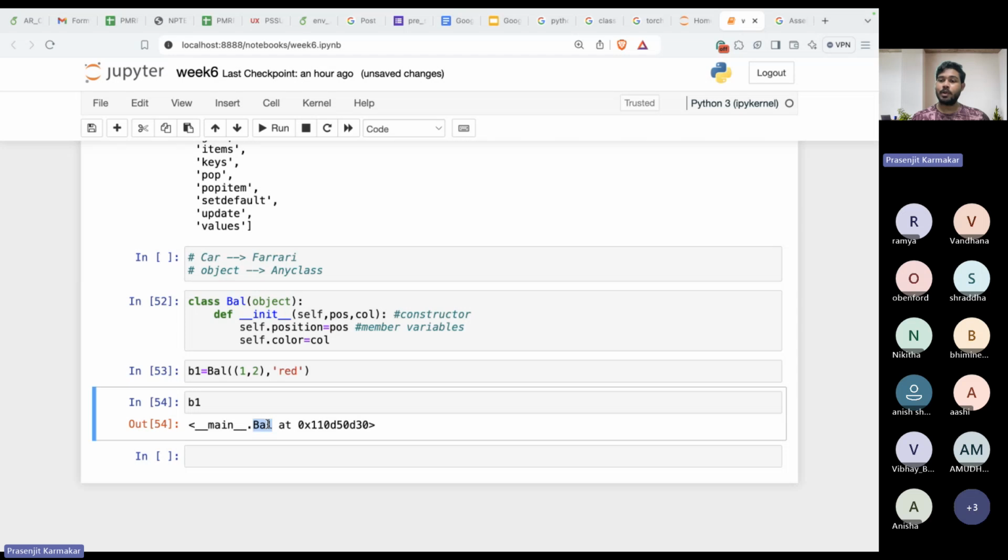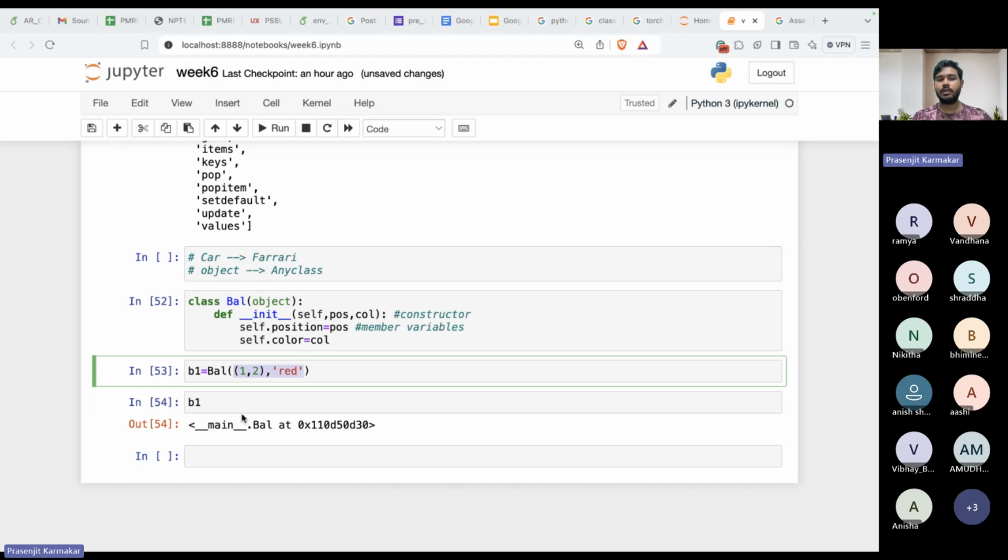So b1 is a ball type variable which is there in a memory location. It's represented in a hexadecimal form. So at that memory location you get a ball object